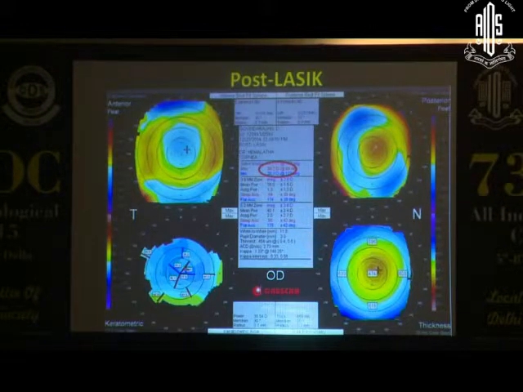So this is how it hides the flattened cornea. We have to see the thickness, and you have to search for any high posterior float, or thinning, or inferior thinning or steepening. But in this case it is not there. It is a well done case, no post-op regression or anything.